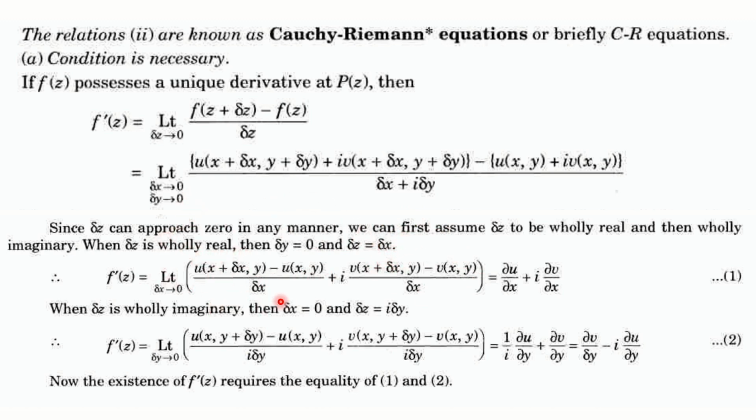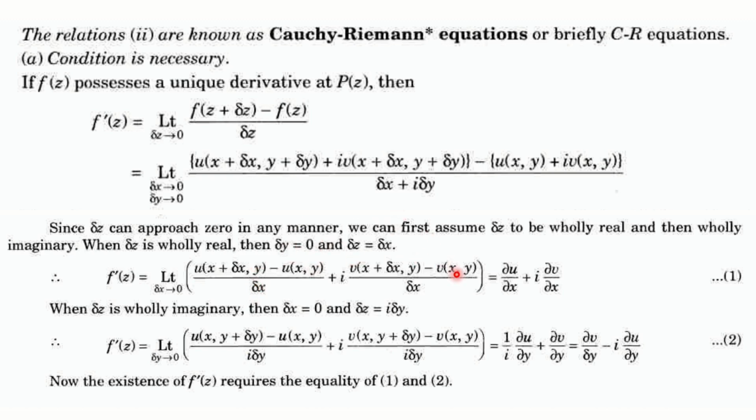Now the next step says the same thing. Wherever you have delta x, you would just write delta z, and wherever you have delta y, you would just write 0. So it's like the limit as delta z tends to 0 of u of x plus delta x comma y. Here delta y becomes 0, and wherever you find delta y, you will just substitute 0. Now if you see this entire equation, if I bring out the